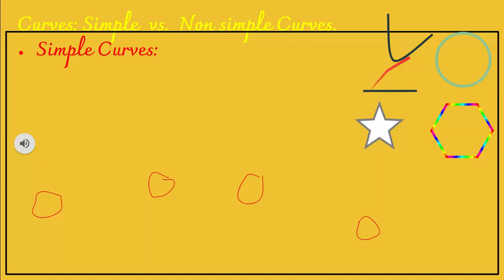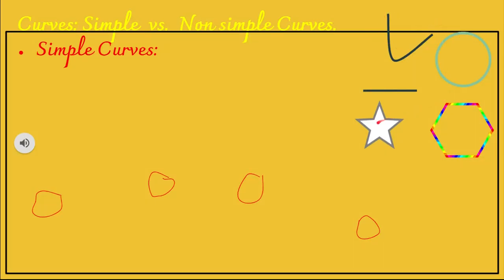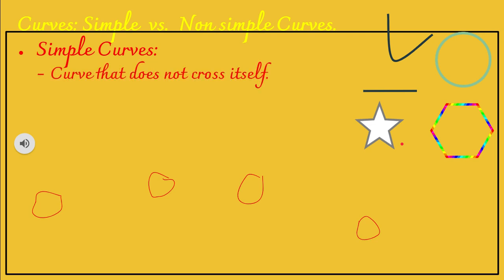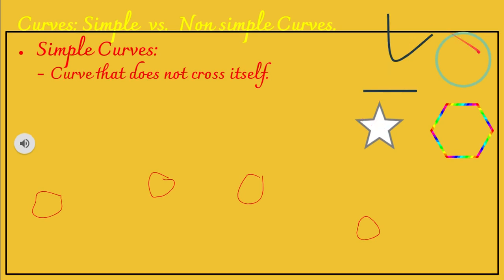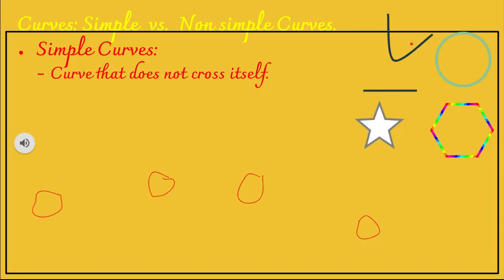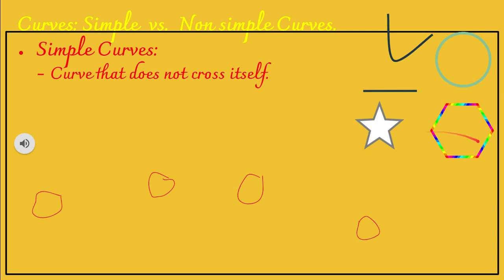Okay. So when we talk about simple and non-simple curves, they are independent of open and closed curves. A simple curve can be an open curve. It can also be a closed curve. So you can have a simple open curve and a simple closed curve. Now, if it is a simple curve, that means the curve never crosses itself, isn't it? That is important. Now look at these images. This is the curve. This curve never crossed itself, never intersected itself.